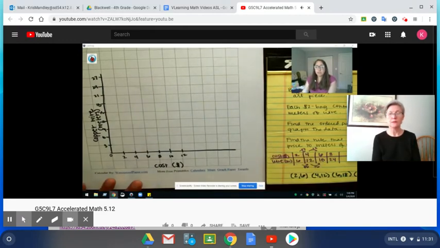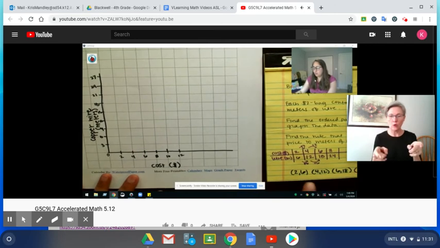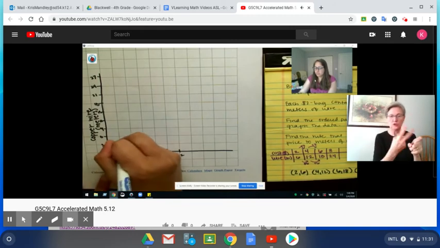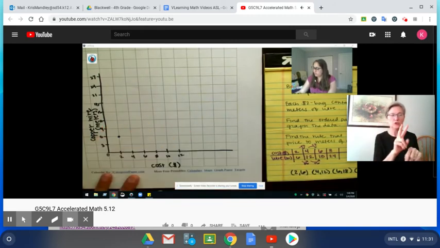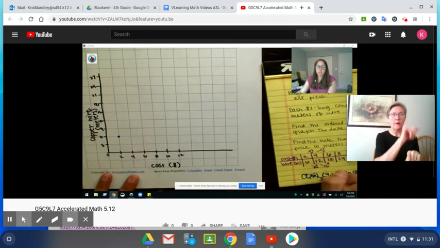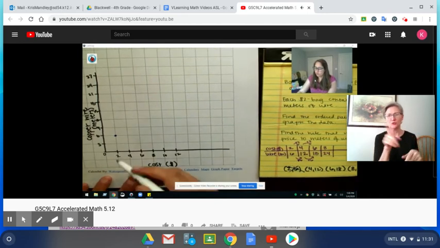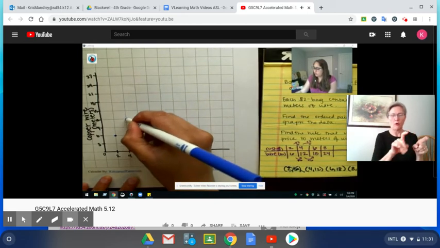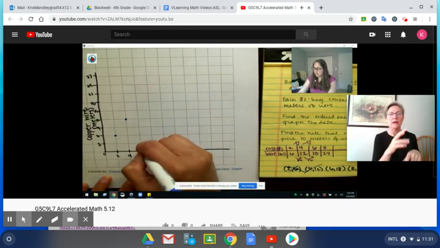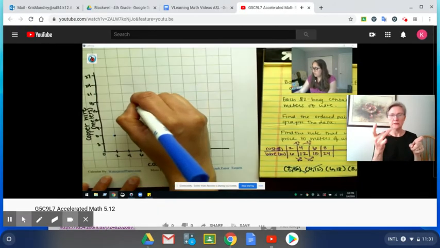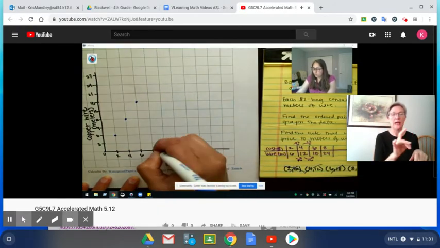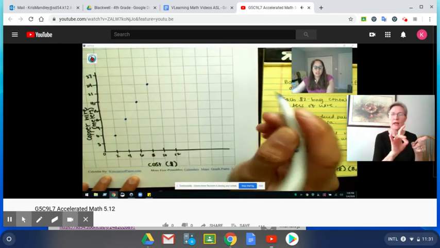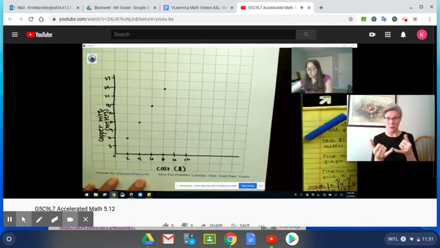So now I'm going to use these ordered pairs that I created from my table to go ahead and start plotting. So I have (2, 6), so I'll go 2 on my x and 6 on my y. Cross it out so I know I'm done. (4, 12), (6, 18), and (8, 24). All right, and now I'm going to grab my ruler, and I'm noticing this should form a straight